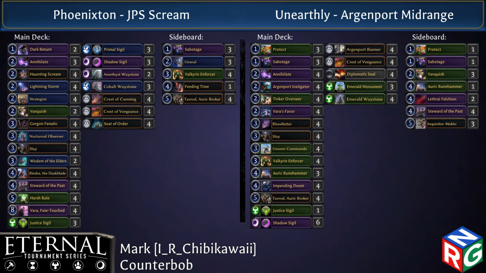Yeah, that is. And the Steward of the Past don't do a ton here. No, so you could take those out, swap them out for a couple other creatures. So maybe you do bring in the Valkyrie Enforcers, just as you said, to block the flyers and also bring the flyers down. Yeah, and I don't think you really want Tav. It's interesting to see Tavrod without...